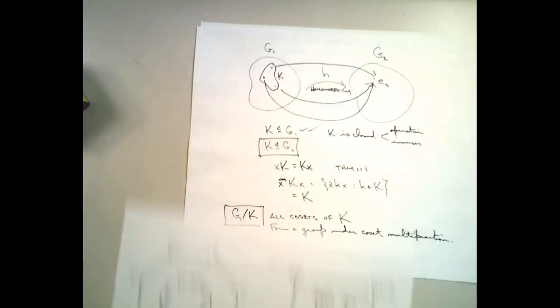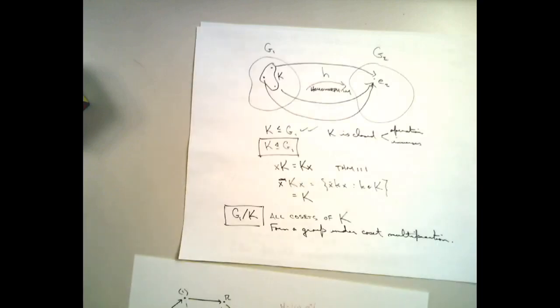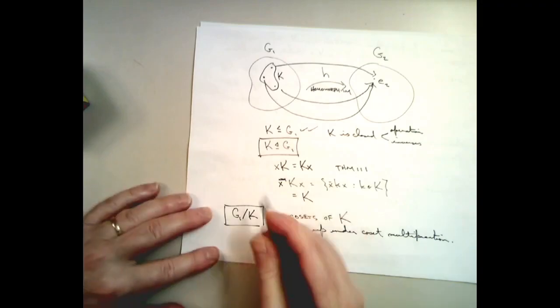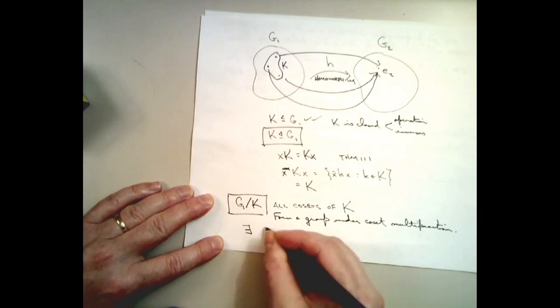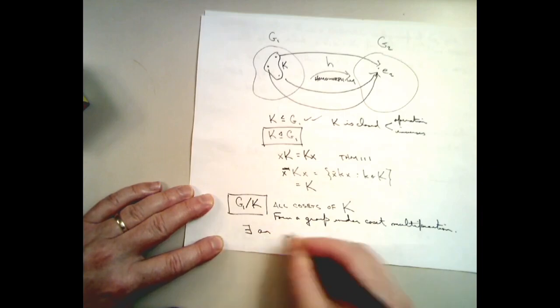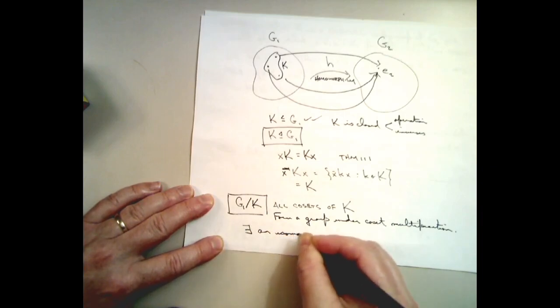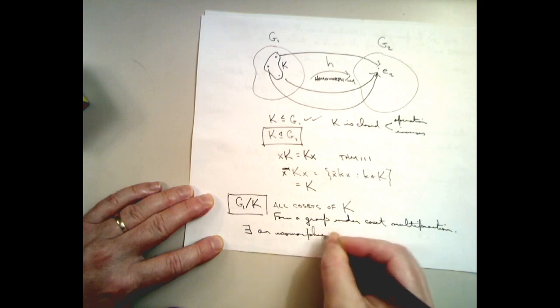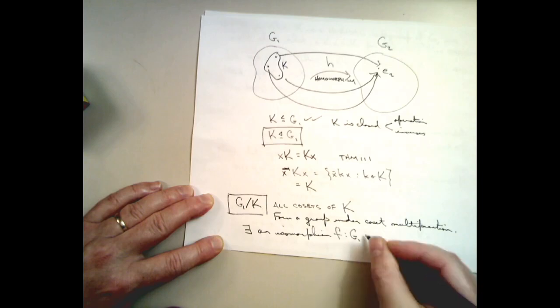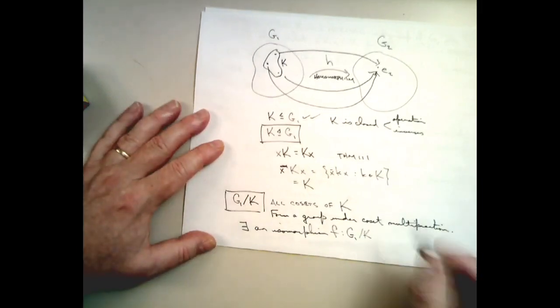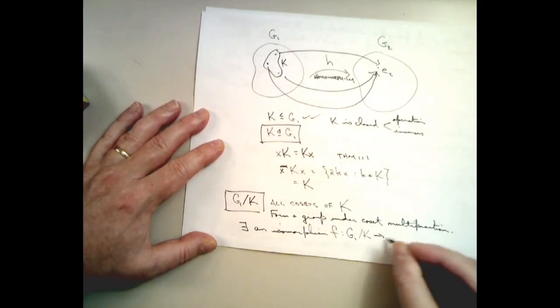And so that's what we're going to do the next time, is to show that this set of cosets, that there exists an isomorphism between the quotient group G1 mod K and